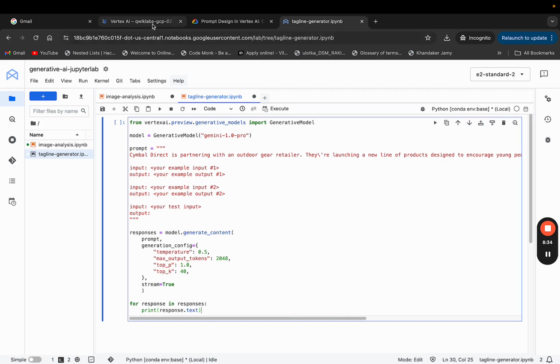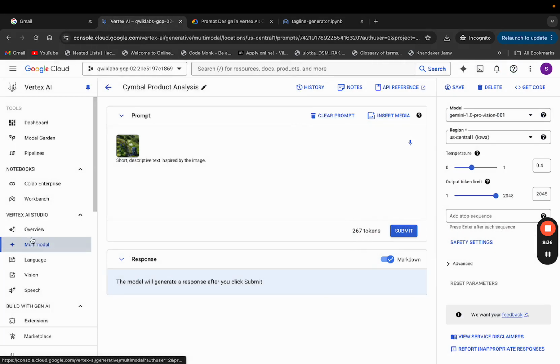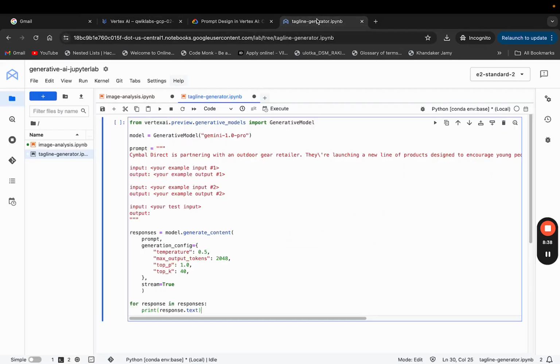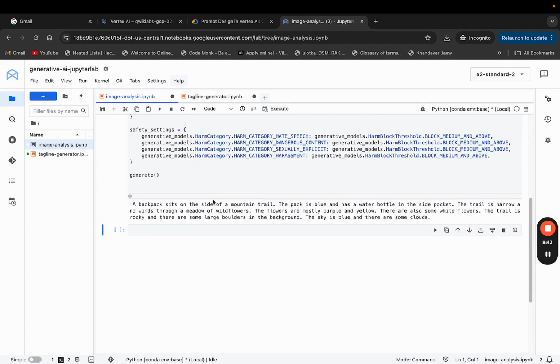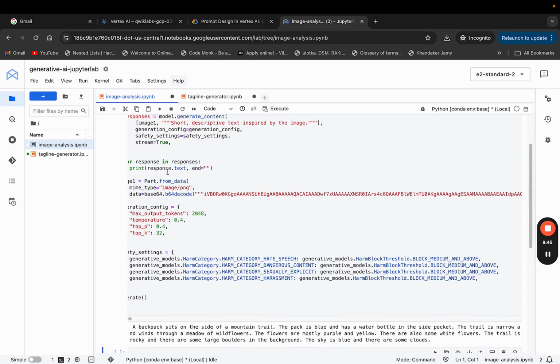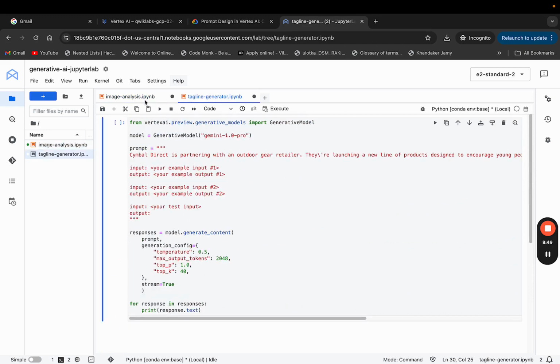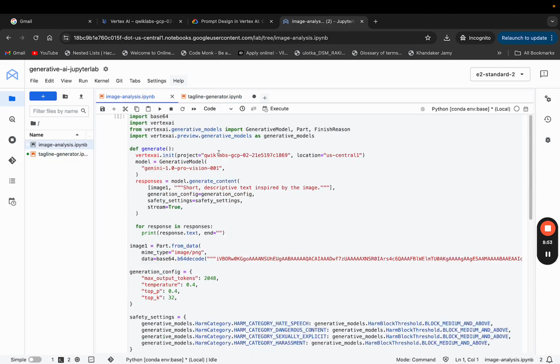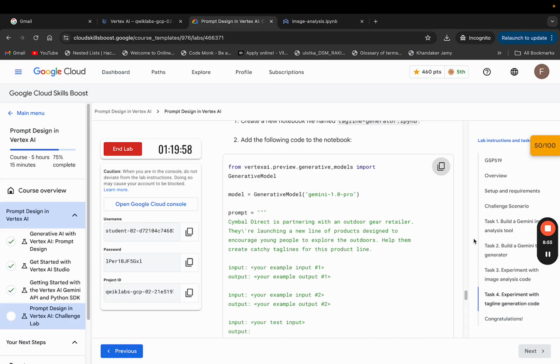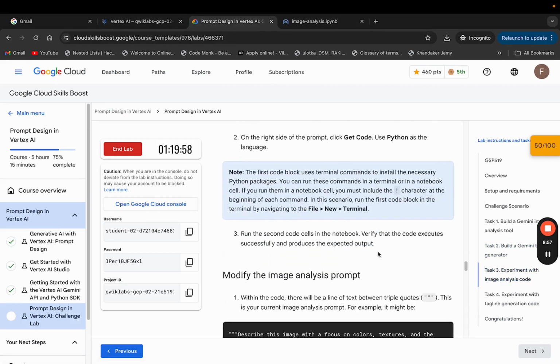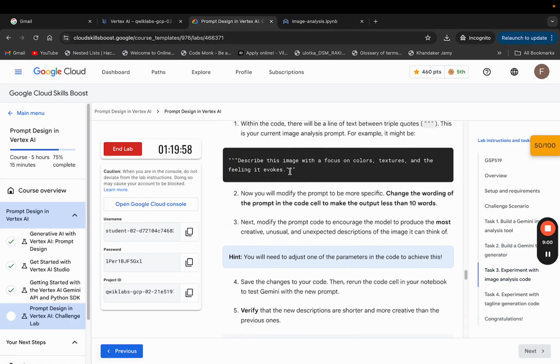Now what you'll have to do is go back, close this one, you do not need it now because this should have completed its running. Alright, and we'll come back to the tagline generator part after one thing. So now that this has completed running, we'll come back to task 3. Okay, and after coming back to task 3, we'll have to copy this one